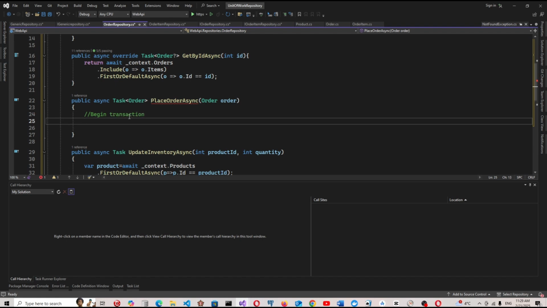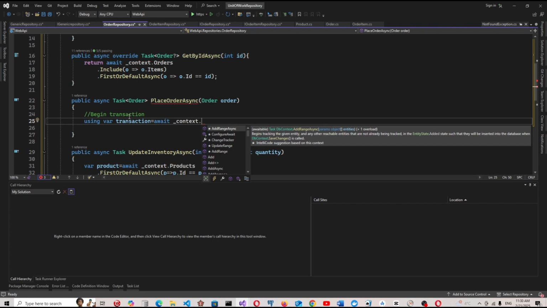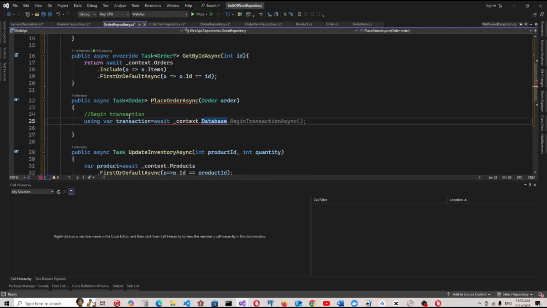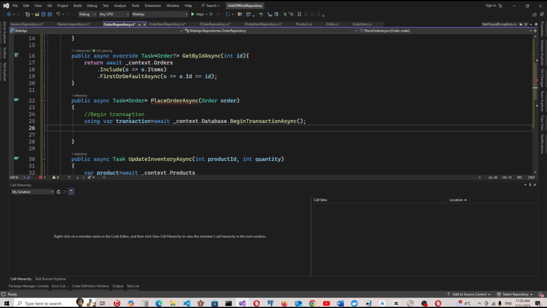Let's say using var transaction equal to await context.Database.BeginTransactionAsync,